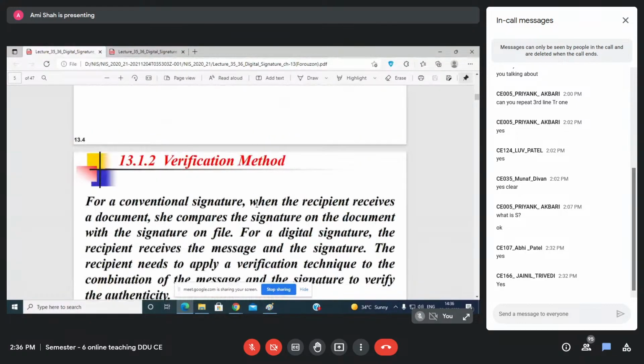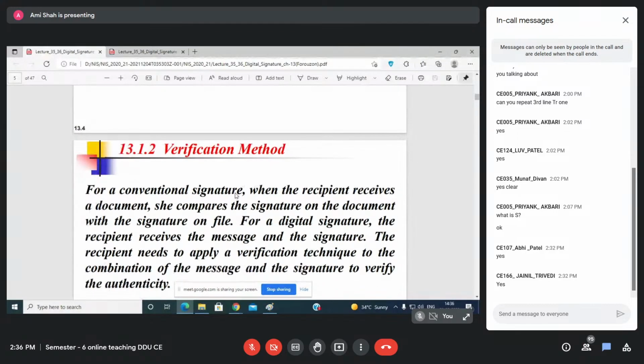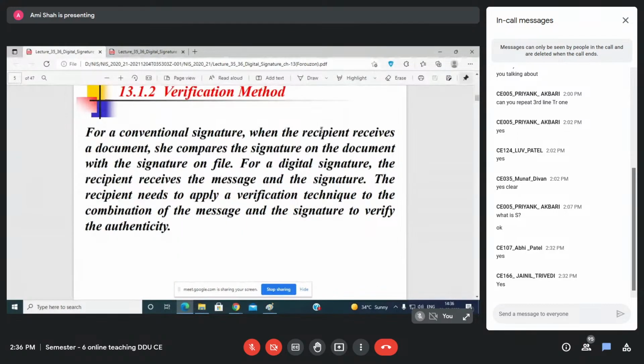Now, see here, for a conventional signature, what happens when a recipient,